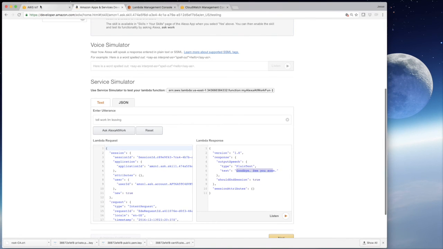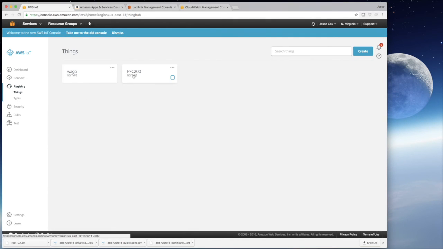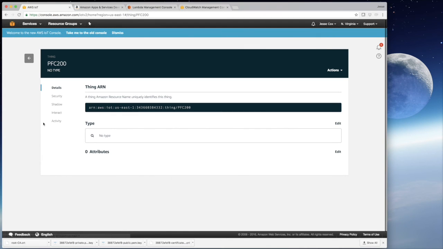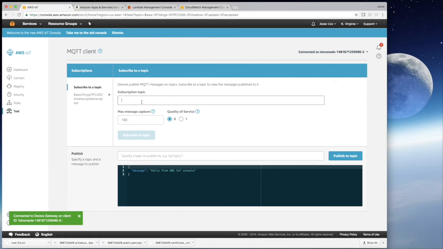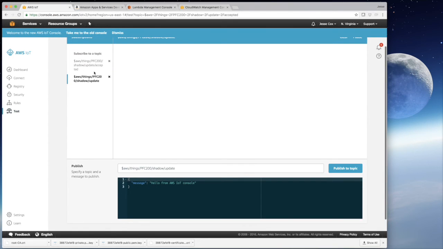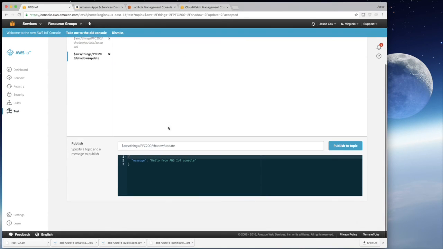So this is working. Now we want to go over to our AWS IoT thing and make sure that the data is being sent out of the Lambda function into this. So we go into our thing. If we go into activity, we can go to the MQTT client and subscribe to this topic. So the topic will be $aws/things/PFC200/shadow/update. And we should see data come through in this MQTT message, AWS things PFC200 shadow update. So we'll monitor this and keep this window up,